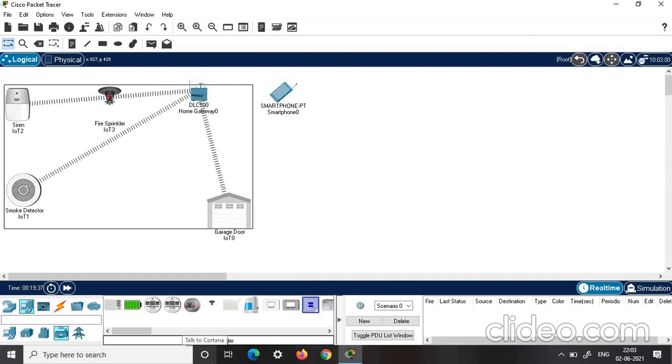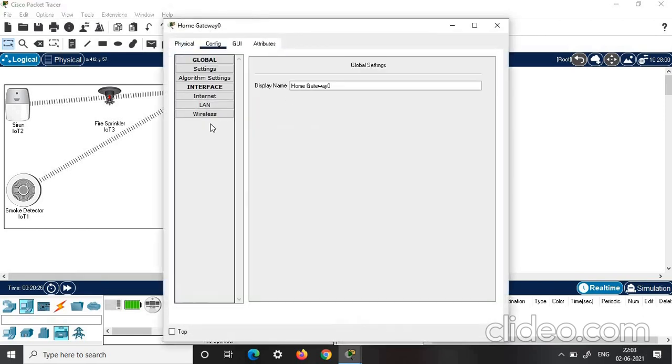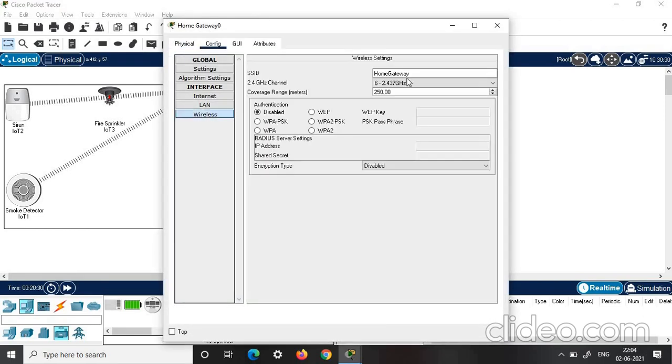Now we'll set the password for connecting the devices in a wireless manner. One of the common mistakes which we come across in this place is, first we need to choose the home gateway to set the password. If you do it in the opposite way by choosing the other components and setting the password, and at last if you set the password in home gateway, you will face errors. So first choose the home gateway, get into the configuration and set the password here. Have a look on the SSID, that is home gateway, copy it and keep.